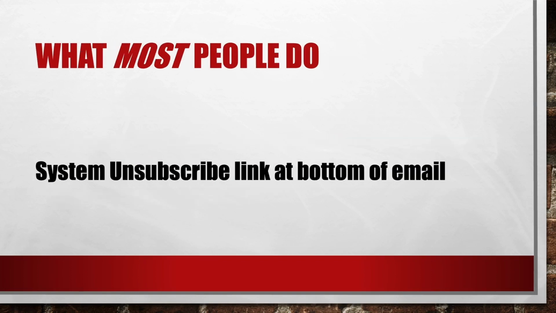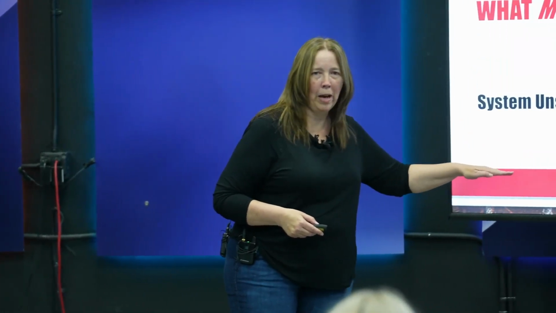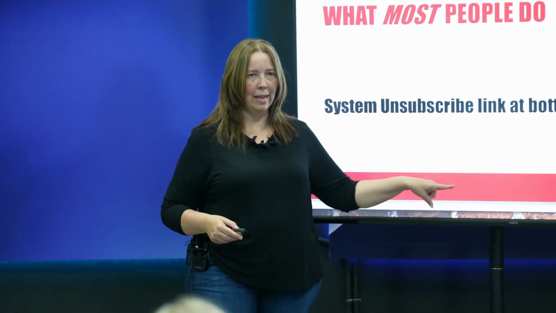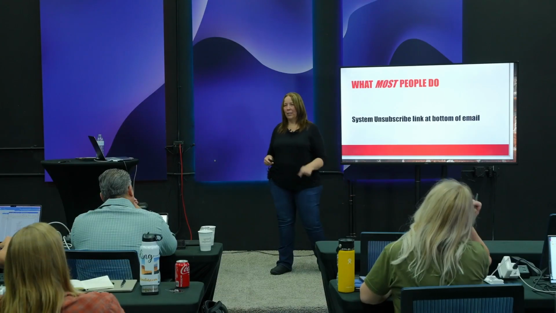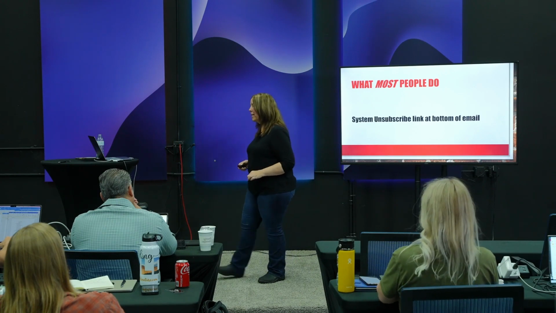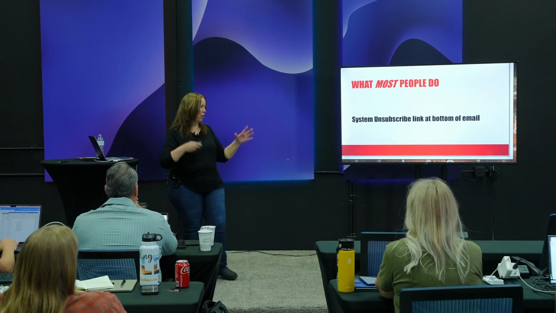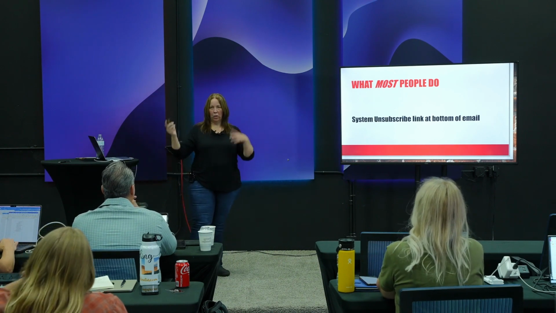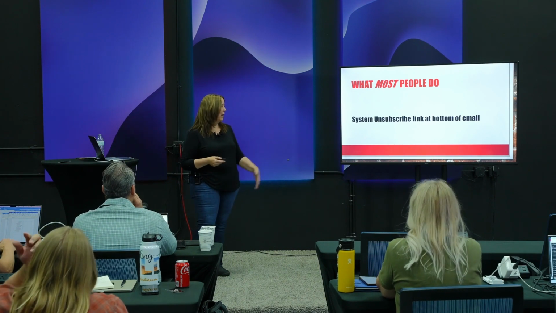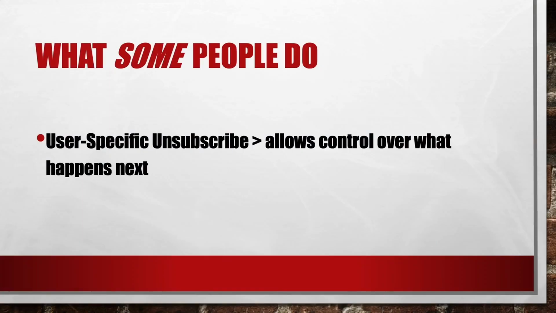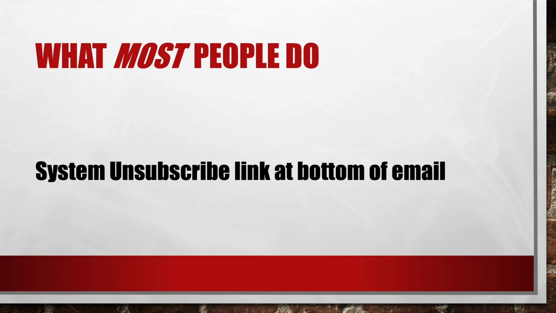So what most people do is they just put an unsubscribe link down here at the bottom, or they've got a little footer and they have this tiny little font that has unsubscribe here, and it's written in a small font. Hopefully no one's going to see it, and it's probably in a gray font or something like that. It's not like it's bright orange, with stars all around it or anything. It's usually just kind of hidden down there at the bottom. So here's what most people do: unsubscribe link at the bottom.